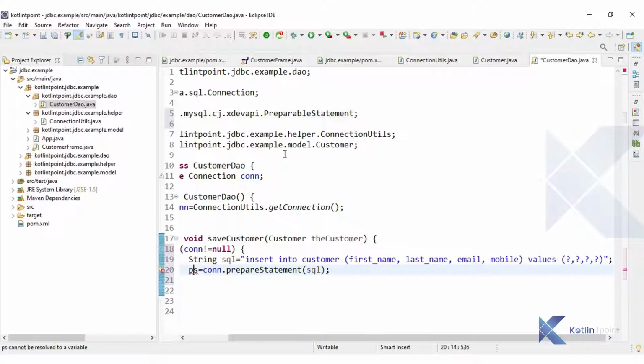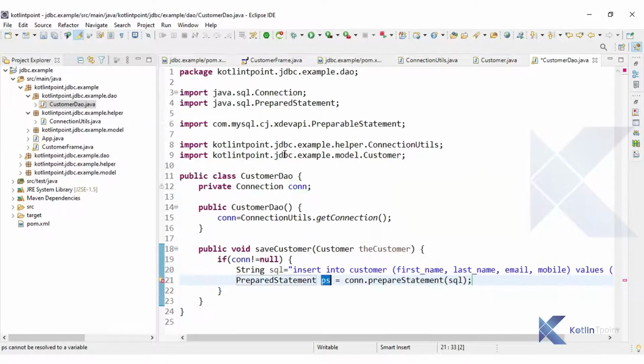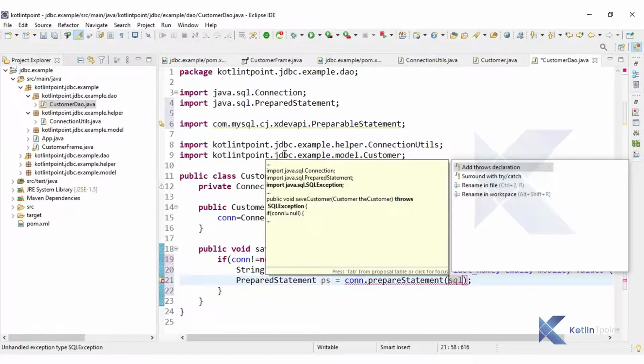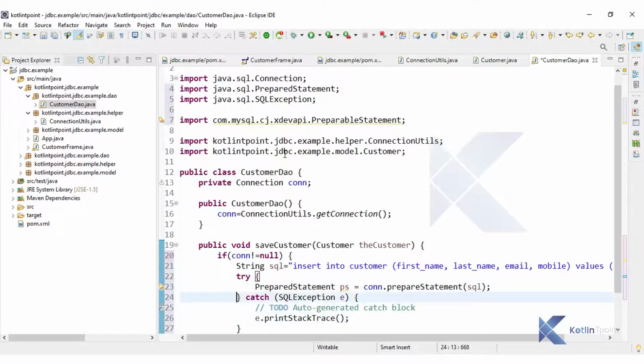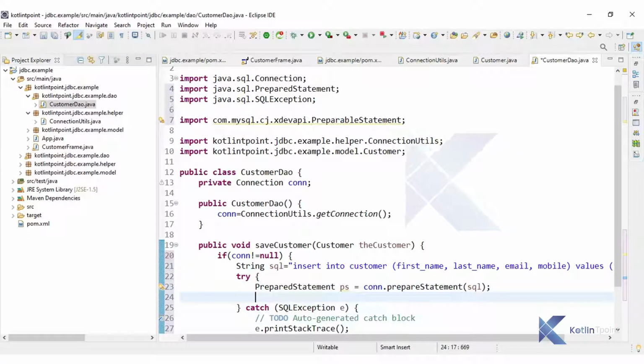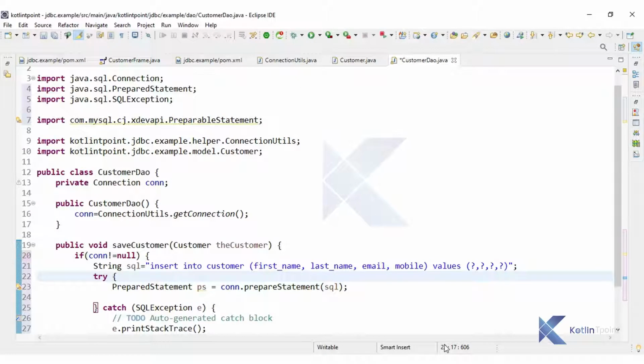So you can see here I am going to create a local field PreparedStatement. And one more thing, it will suggest a try catch block, so I have a try catch block as well. Run. So the PreparedStatement is ready, and inside our query you can see we have set the question marks, we have not set the values.